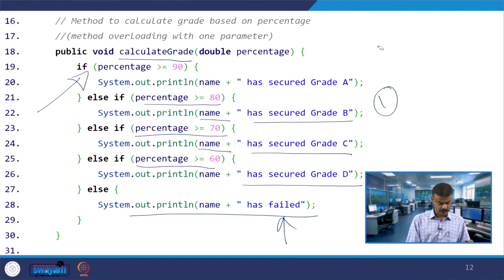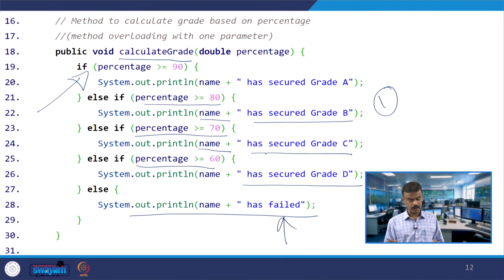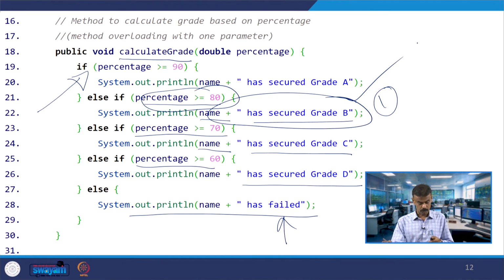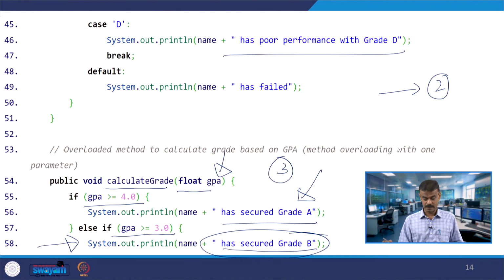So, 85.5 means this particular case is satisfied. 85.5 greater than or equal to 90 is false, so it comes over here. 85.5 is greater than or equal to 80, which is true. So, this one will be printed, that is the first output. The second output is Ravi Ashwin has good performance with grade B, and the third output is Ravi Ashwin has secured grade B.